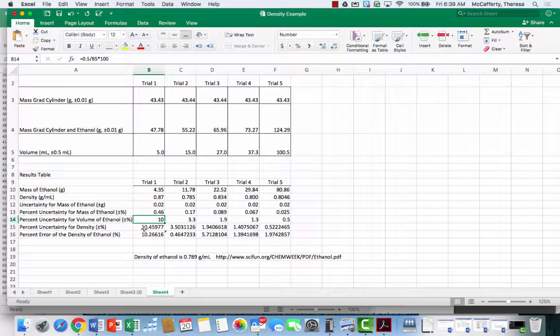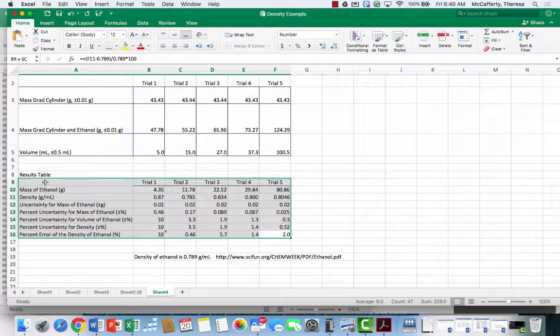I don't know how to make the decimal point show up, so there's that. And then the percent uncertainty. Make this go. And then the percent error. Make this one go up a little. Make this one go down a little. Okay. Then